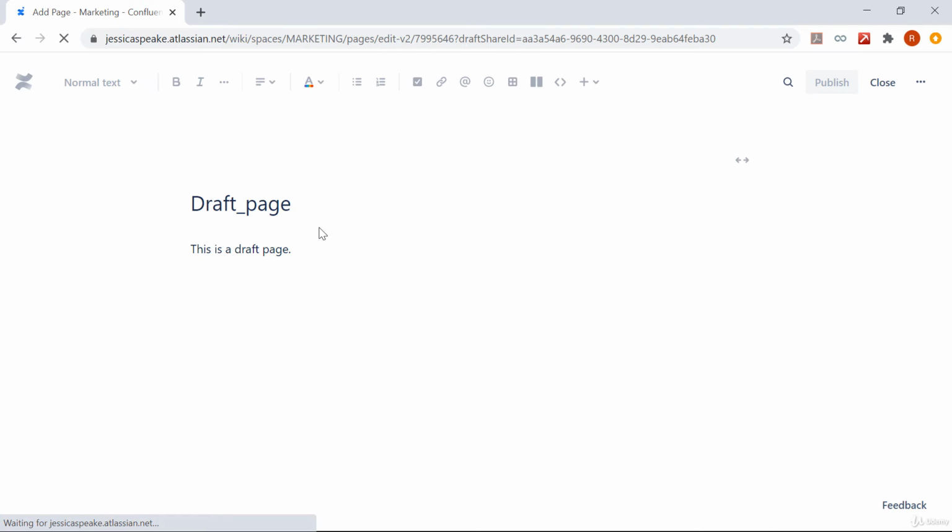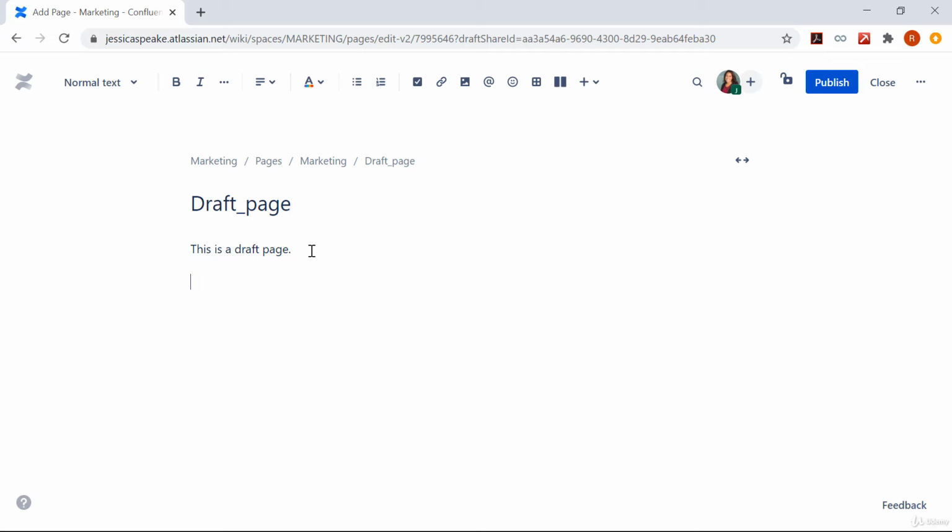So for example, if you like open the draft, you can use a status macro to mark your page work in progress. You can also change this to say under review, done, or something like looking for feedback. So basically it has to be something which can help your viewers to understand that this is a draft page and it is yet to get finalized.